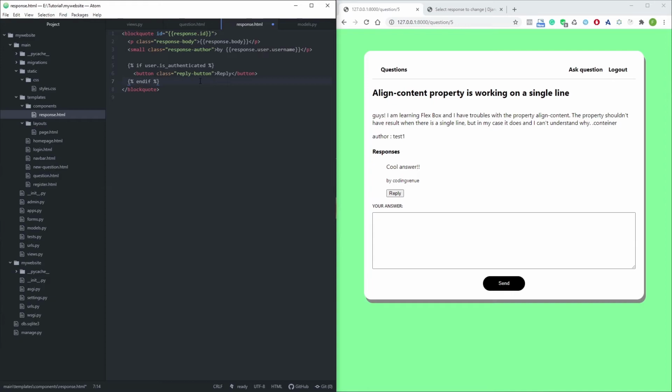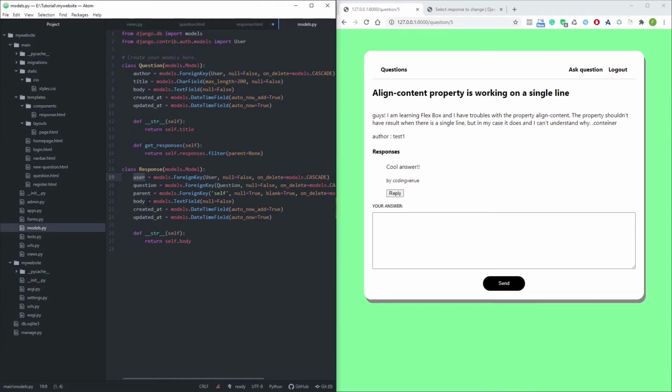So pretty cool stuff. Now this is the part where we are going to create the actual thread of comments. So everything is going to start first with the parent, and we are going to create that from here. So in order to do that, basically we are going to re-render this block quote in case that we have a response, or actually a comment of this response. And as you can see here, we're going to do that with the parent. So first thing to do here is add a new function that we will be able to access from here. All right, the response itself. So use def. Here we pass the get responses as well,